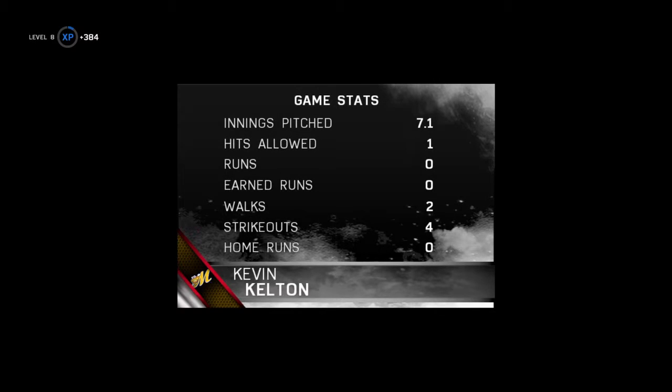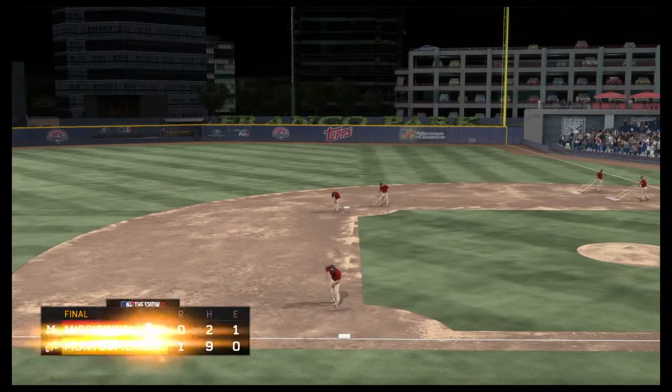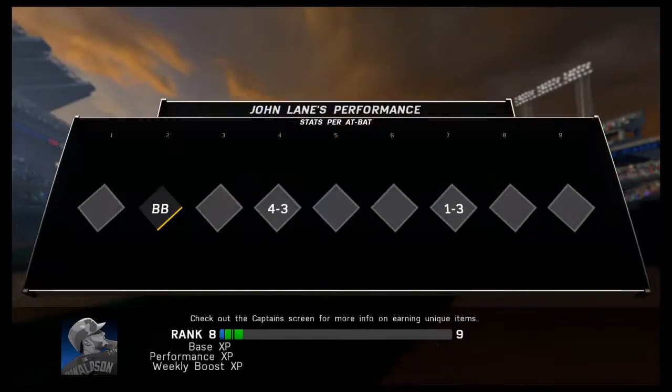Well, you always hope to get a good outing from your starting pitcher, but this man went above and beyond in this one. He's our top player of the game. Yeah, a lot of positives to take from this outing, no doubt. You see the